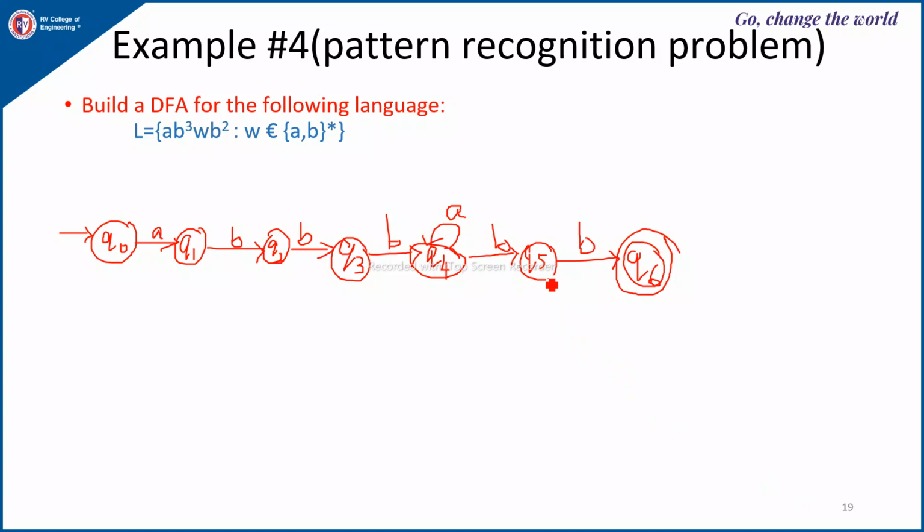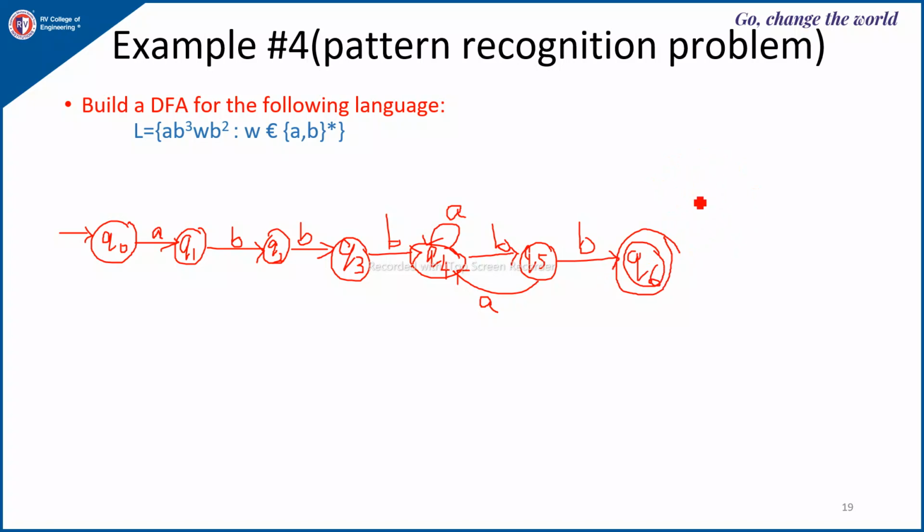So for Q5, if I get A, I have to go back to the previous state until I again terminate by 2 B's. So this will be my A. So if it is A, B, B, B, B. So for Q5, on A as well as on B, I have a transition. So now if I reach the Q6 state and if I again have